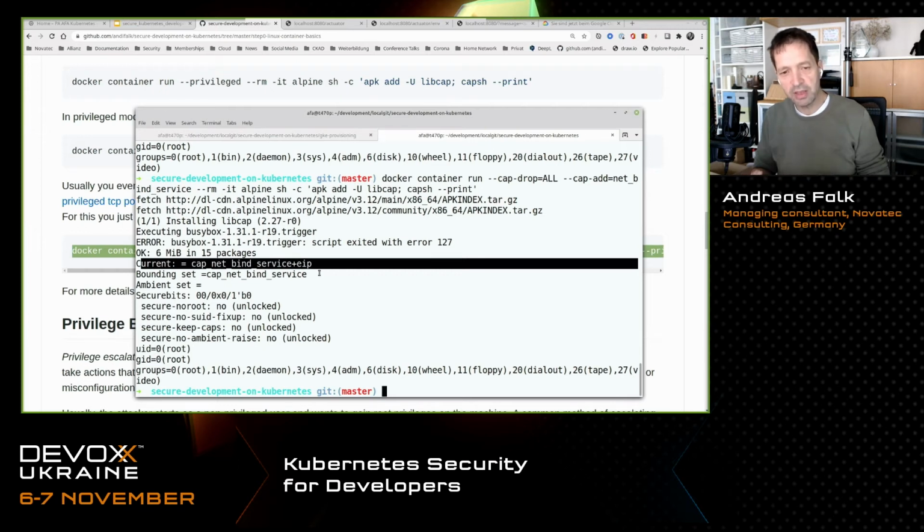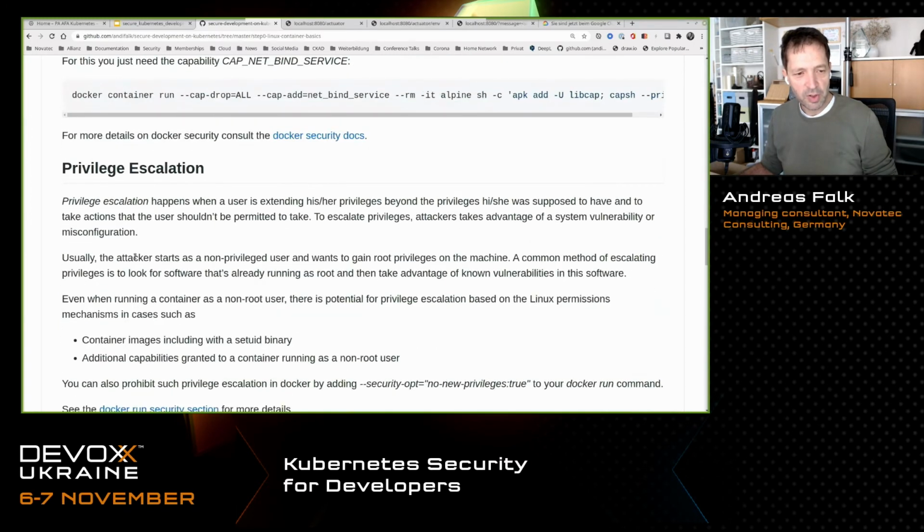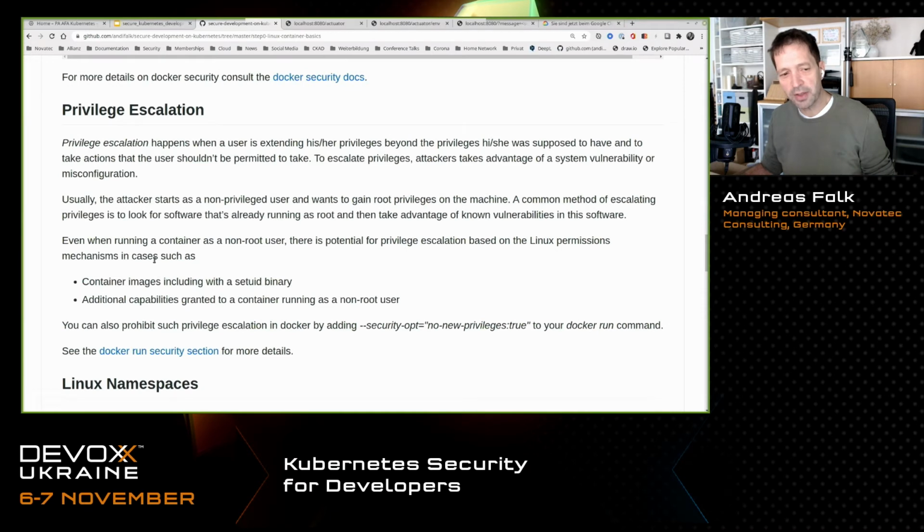Just one capability, and that's much more secure than just using the default or even using the privileged ones. Because what attackers want to achieve are privilege escalations, so to be root and just break out of the container.